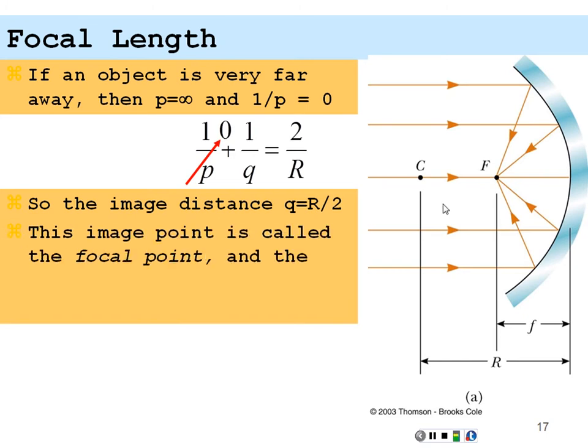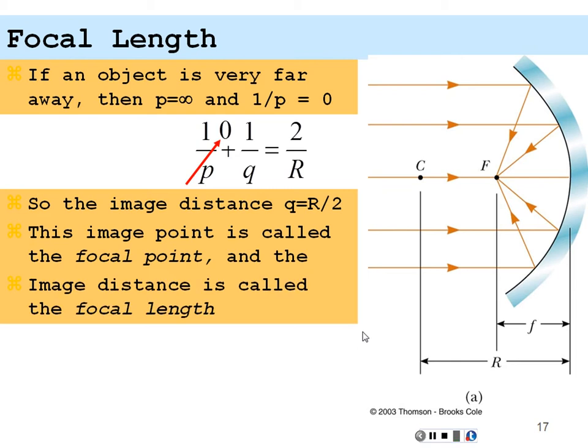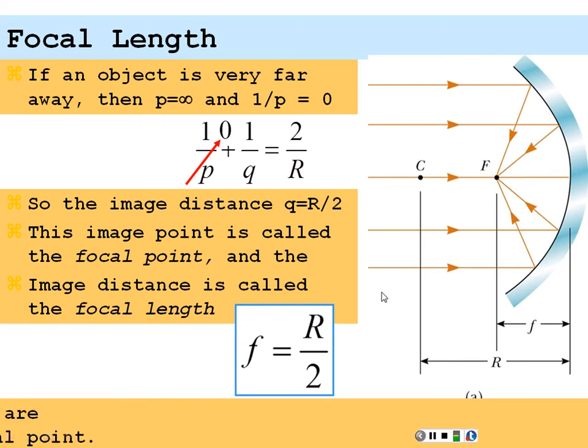We define that point where these parallel rays that come in from an object far away converge on a point. We call that point the focal point. So where parallel rays converge is where the focal point is, and in this case it is half the distance of the radius of curvature. So the focal length is the radius of curvature divided by 2, and if we substitute this into our mirror equation,